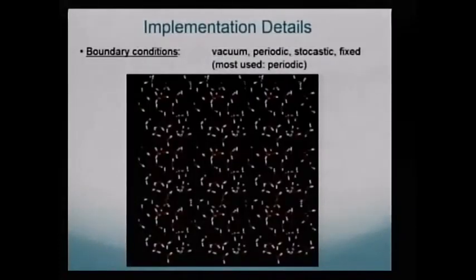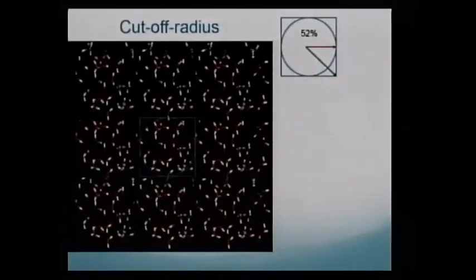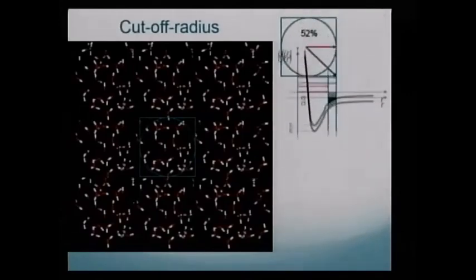And you also need to have the periodic boundary condition, because you have interaction with the box. In general, we use periodic boundaries. You are going to implement the cutoff radius, meaning that you are going to select a radius here, and you are going to make interactions only inside the radius. If you think about the volume of a sphere inside a cube, you have 52% of the volume. It means that you have a lot of computational gain when you include the cutoff radius. And